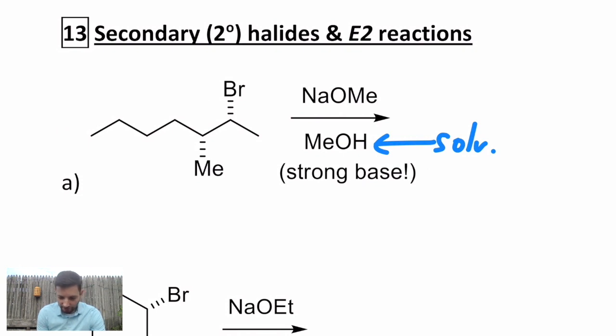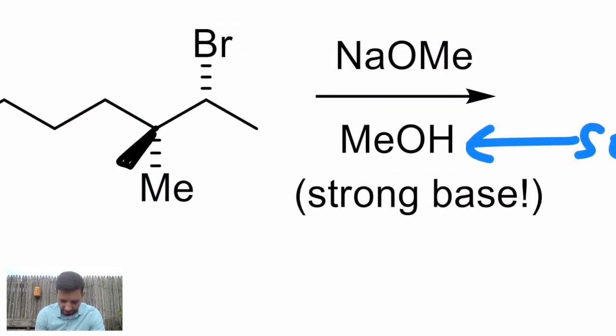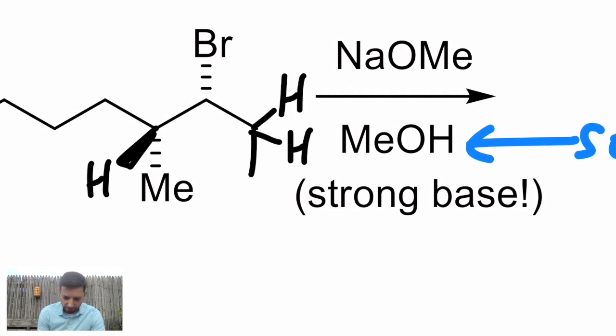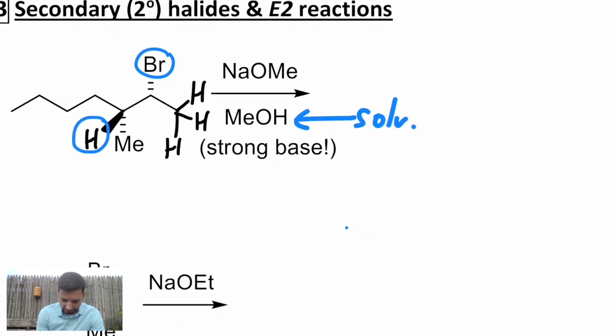Well, we're going to lose one of the beta hydrogens. I'm going to draw in the beta hydrogens on my picture. I've got one right there, and I've got 3 more out there. So I'm going to lose the bromine, and this is a small base, so I'm going to lose an H from the spot where there are fewer H's, which is that one, and then we get a new pi bond in between. Now notice the H and the bromine are already drawn in an anti-relationship, so I get a product that looks like this,